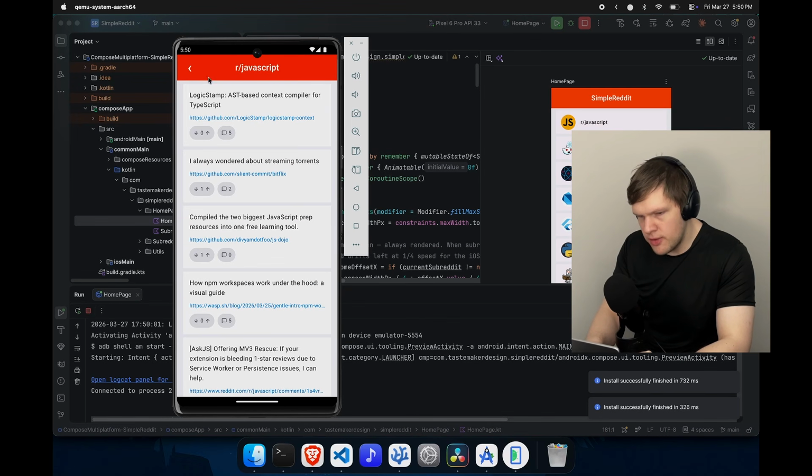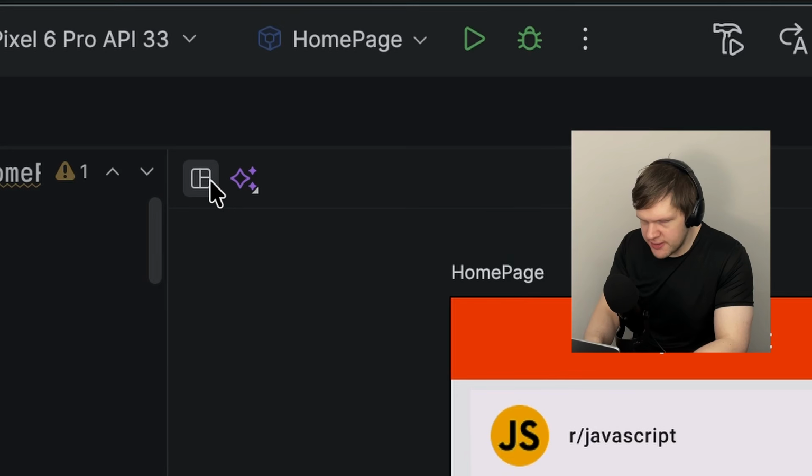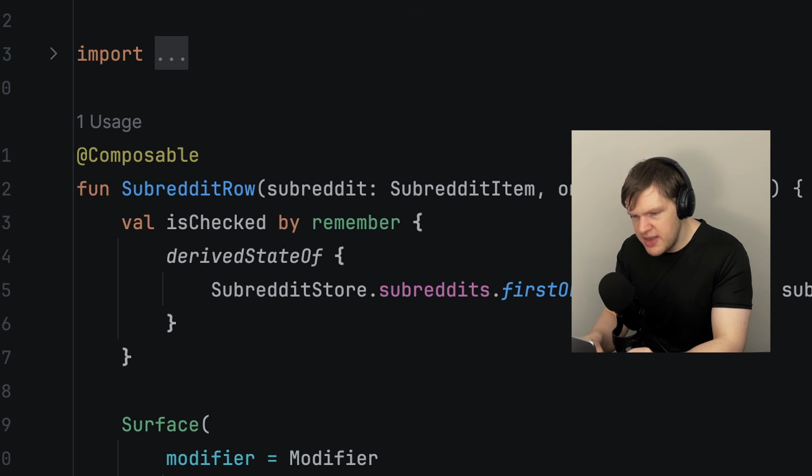Compose Multiplatform has previews similar to SwiftUI. The features are somewhat different, but I would say that overall they're still very useful. The state management is built into the framework itself, so there's no need for a third-party solution. I wouldn't say it's super intuitive though.